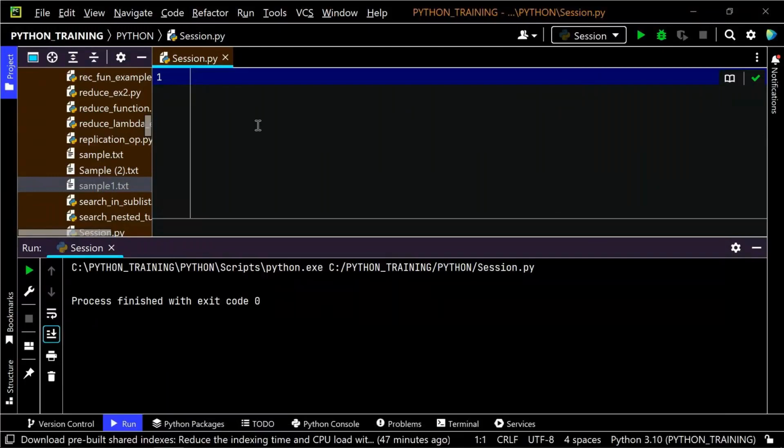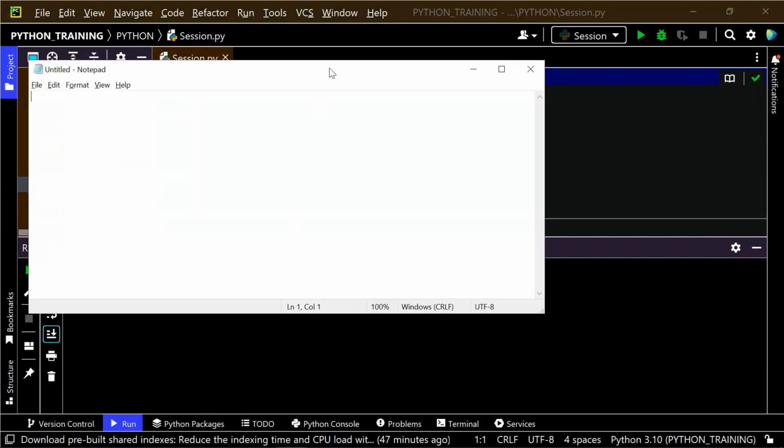So today we'll proceed with the remaining topics of file handling. Before we proceed further, let me tell you what we have covered so far and are familiar with. One is definitely the read operation,